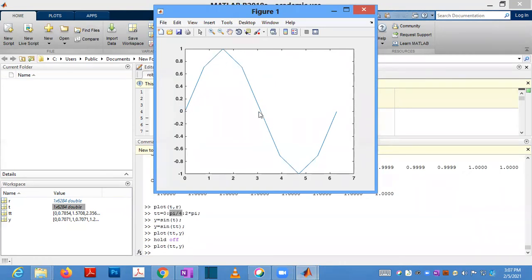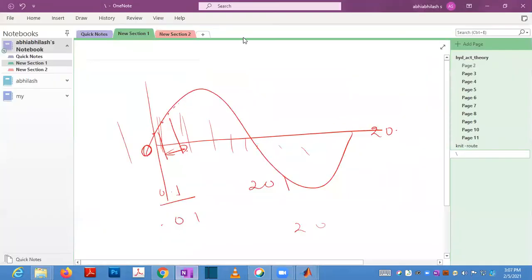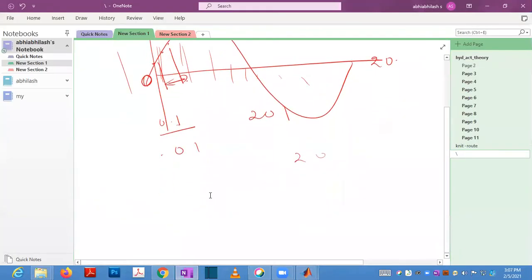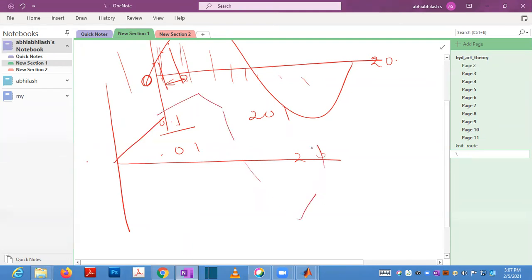So actually MATLAB uses this kind of thing only. In a MATLAB plot, if there is no fine time step, it will be linear curve fitting. From here to here, it is taken as a curve and fitted there. From here to whatever is available, it will plot that one.